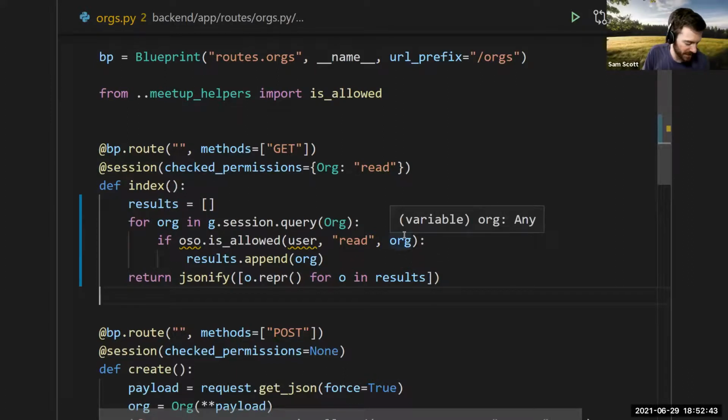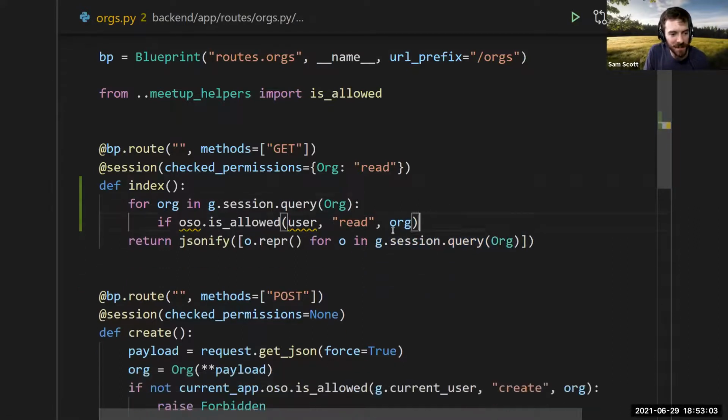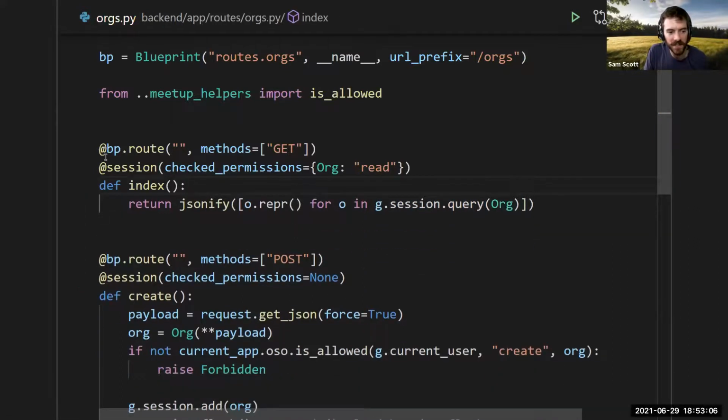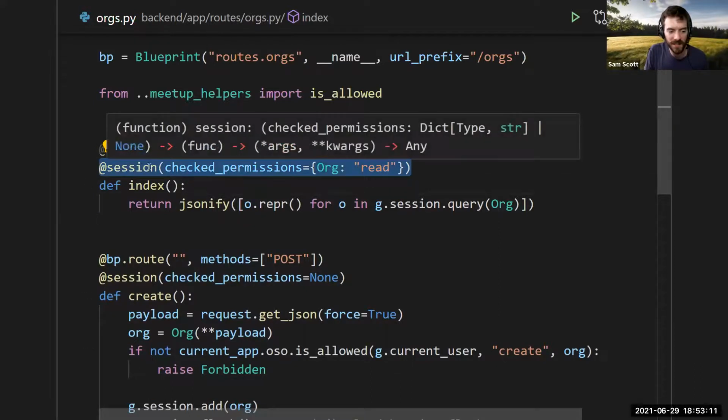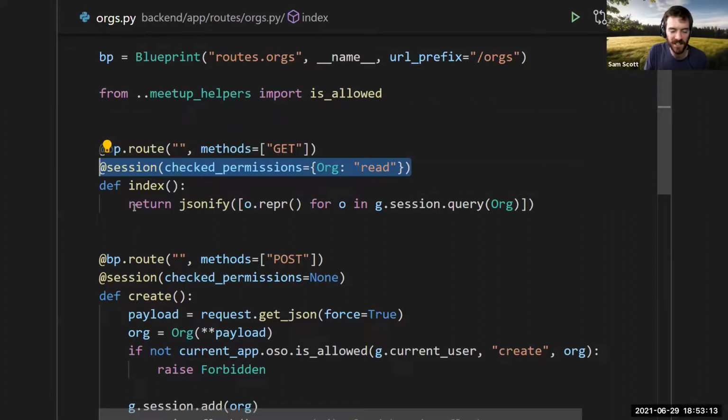There's another concept for enforcement that we call query level authorization, where you're doing the same kind of checks, but you're pushing it down to the database level. So instead of it happening inline in the Python code, you want SQLAlchemy to handle this as part of fetching the data. That's actually happening through this little decorator up here. We're using the Oso SQLAlchemy integration, which creates an authorized session. And basically, it's going to apply authorization to the database query.